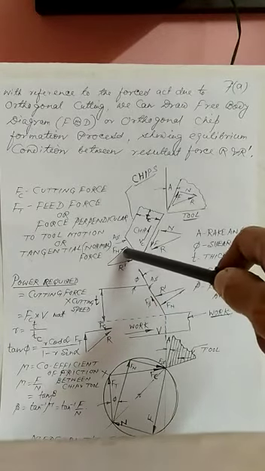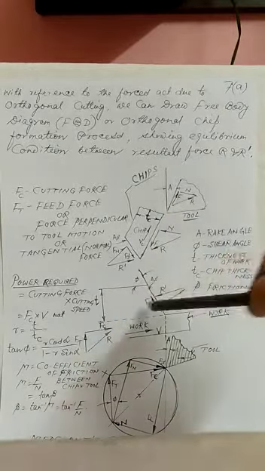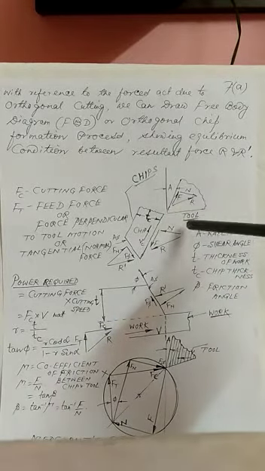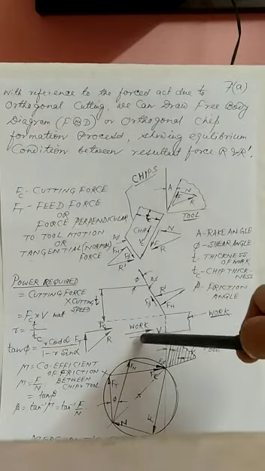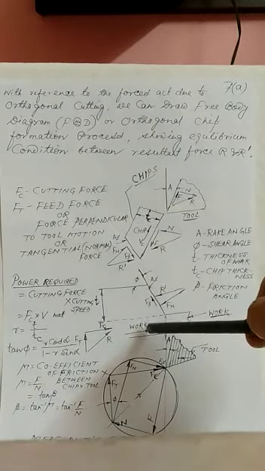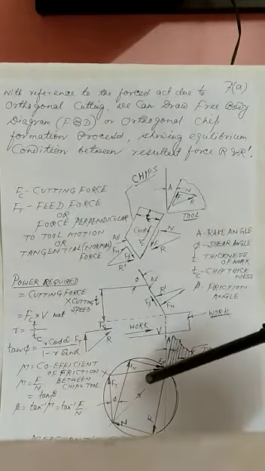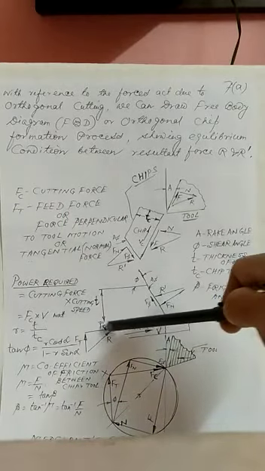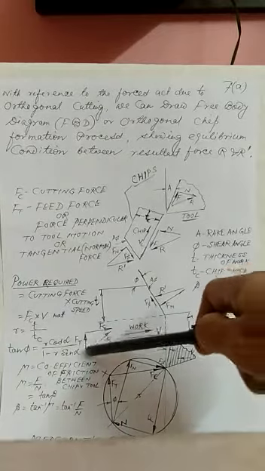So it will make equilibrium. These are also making equilibrium. So there will be no net force with the chips, tool and the work. But whenever we are giving the feed to the work in this direction, then definitely there will be two forces. One is the cutting force and another is the feed force, which are shown here. This FC is in this direction, and FT is in this direction. So the resultant is R.